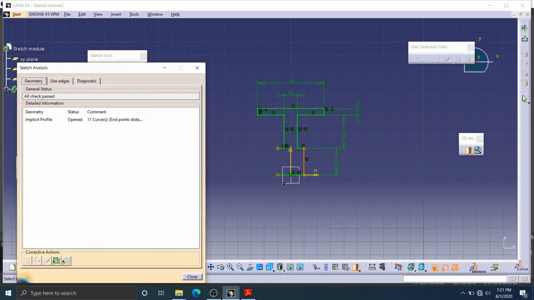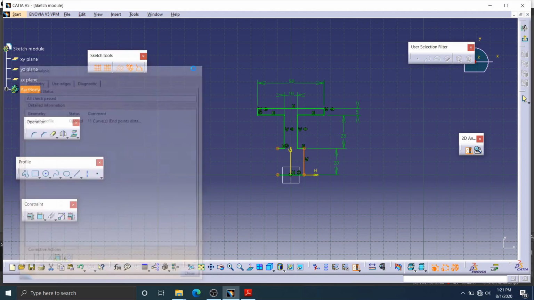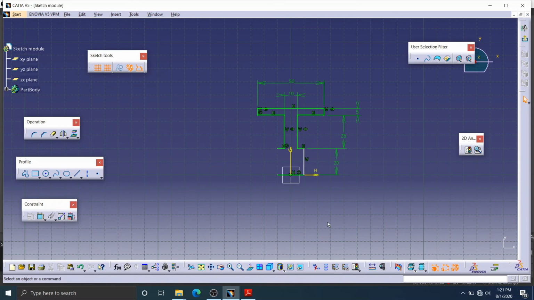It will also indicate where it is open, and what under-constrained elements are available in our sketch. So this is how we can analyze a sketch using the 2D analyzer. These are the two options available in the CATIA tool.